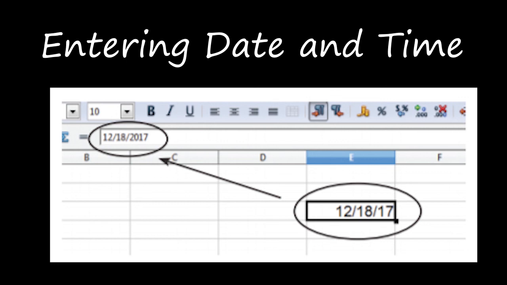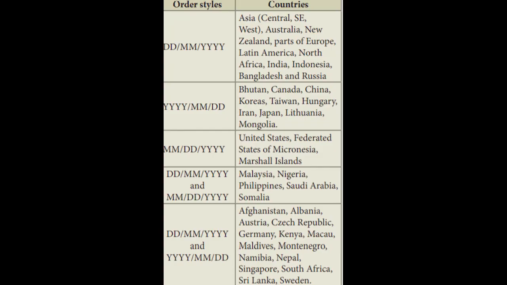Here, in Asia, in our countries, we follow date, month and then year. In Bhutan, Canada, China, Korea, Taiwan, Hungary, Iran, Japan, Lithuania, Mongolia and others, they write the year first, then month, then date, right?